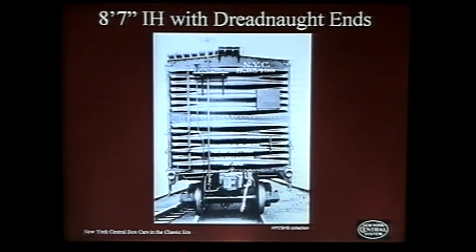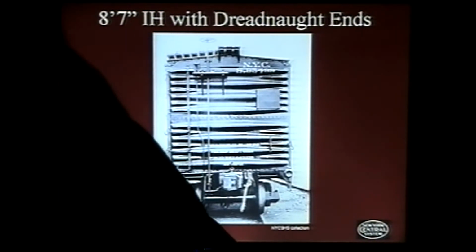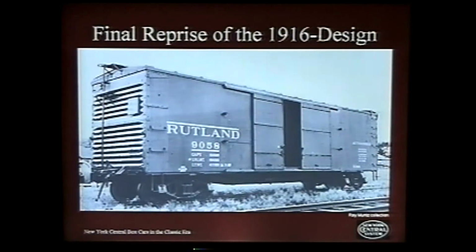Okay, here's the 8'7" inside height with a dreadnought end. These were built, I think, in 26 with a 4'4" dreadnought end instead of the Murphy corrugated end. And again, the handout will give you specifics on which lots. Okay, in 1924,